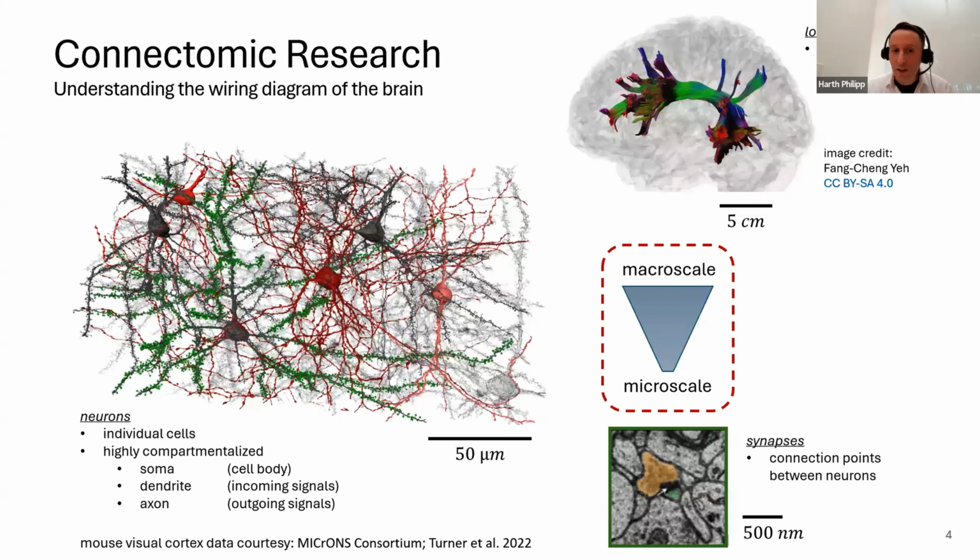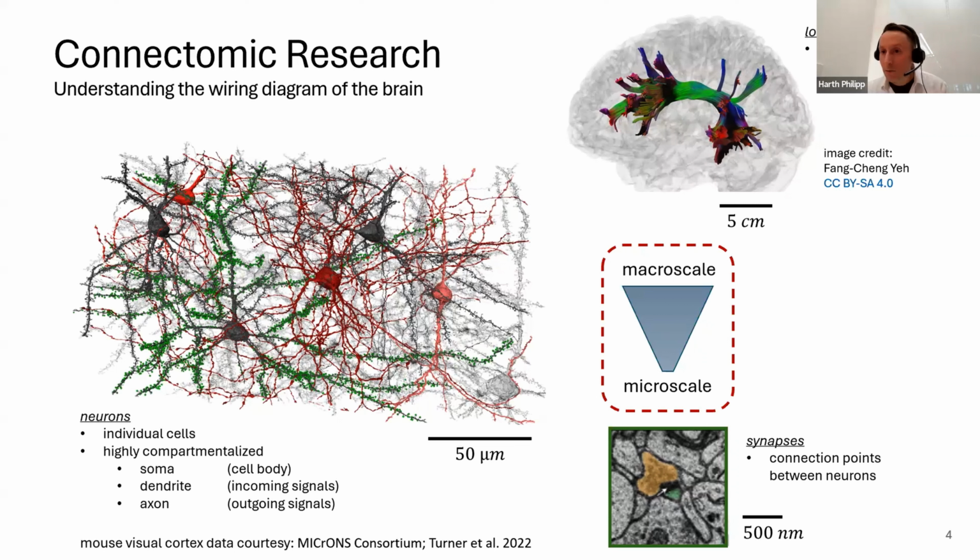At the mesoscale, you could say you have individual cells, that is neurons, which are shown here on the left, with their cell body and the complex branching structures that emanate from the cell body. These neuronal cells are highly compartmentalized, consisting of the cell body, also called the soma, the dendrite, which collects incoming signals, and the axon, which conveys signals that are forwarded to other neurons. This is for cortical neural networks; in other cases, for example the insect brain, this compartmentalization into dendrite and axon is usually not as clear.